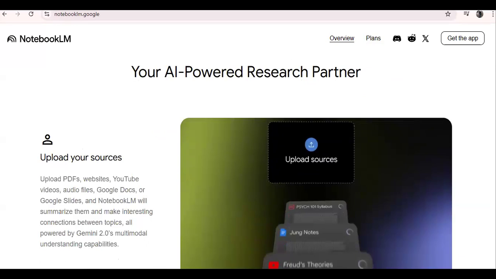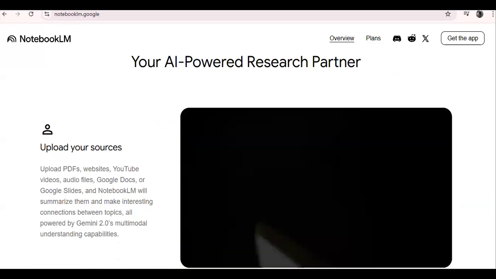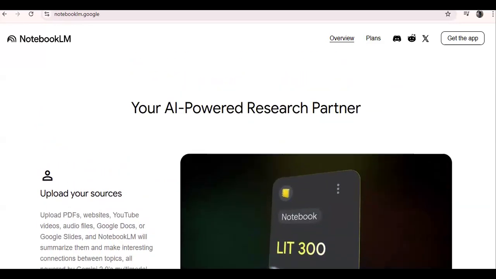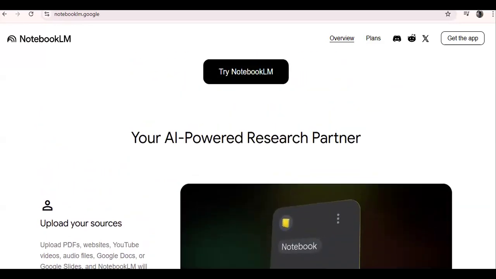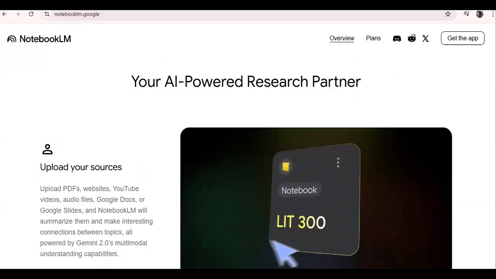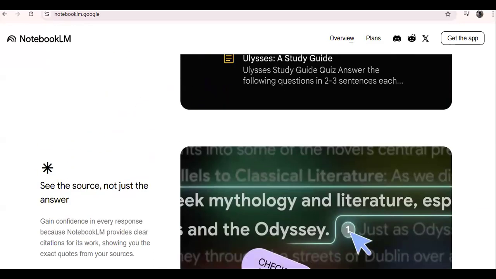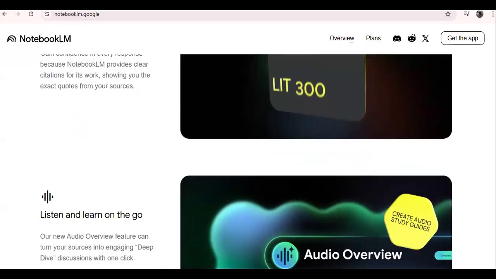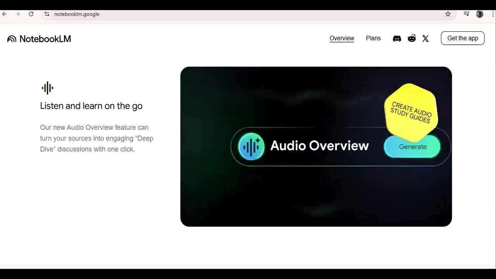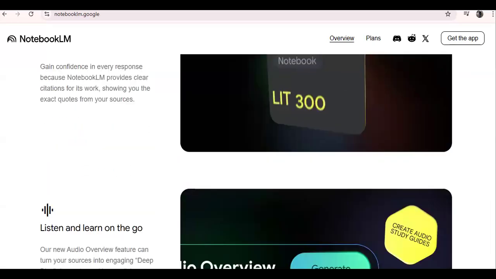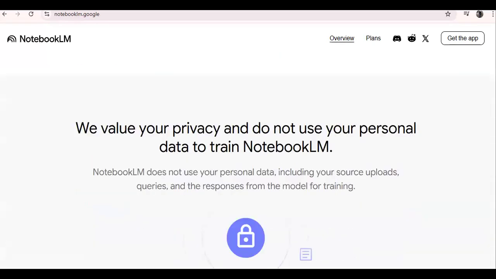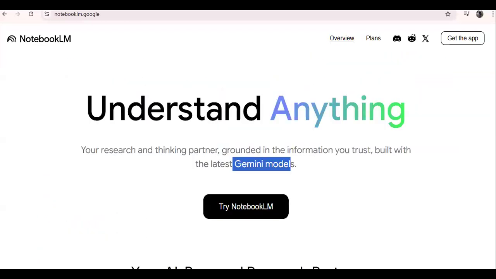It is the same as Google AI Studio, but there is a lot of difference between that and Notebook LM. Notebook LM, we can simply say, is a crazy AI tool. So why is it a crazy AI tool? Like, it also creates a podcast for us. But one beautiful thing is, let's say for example,